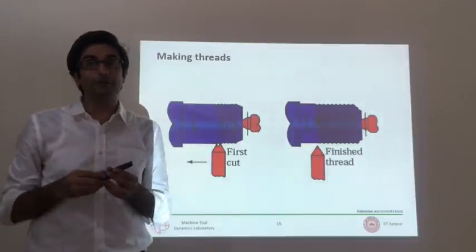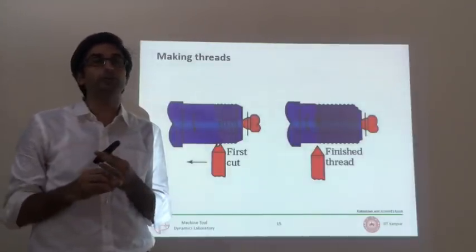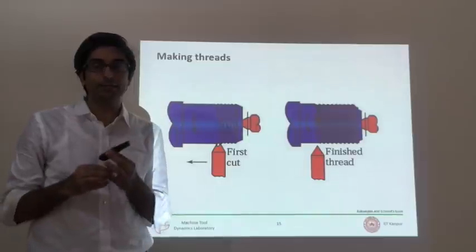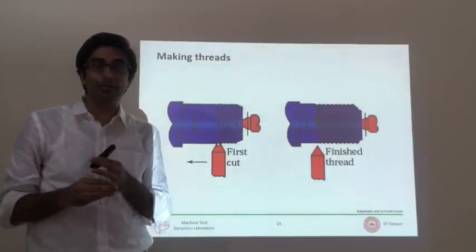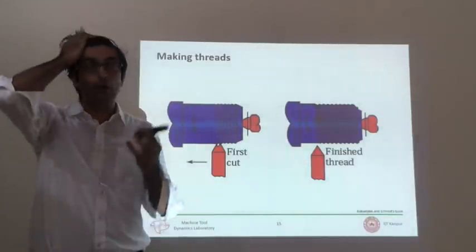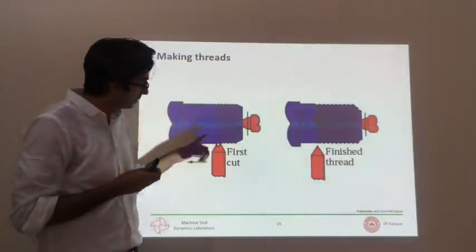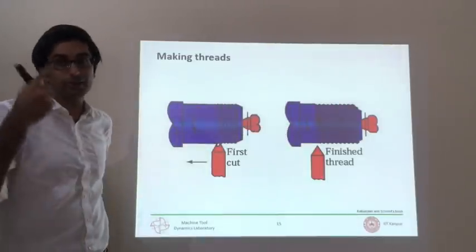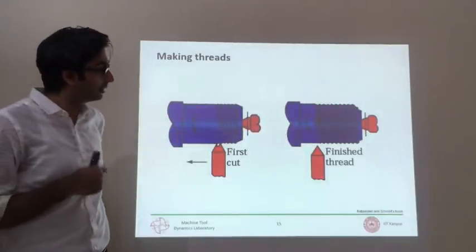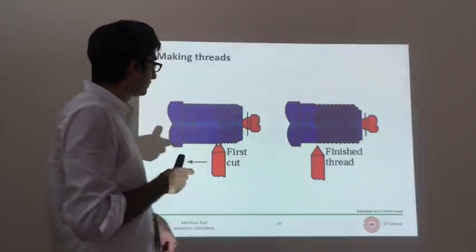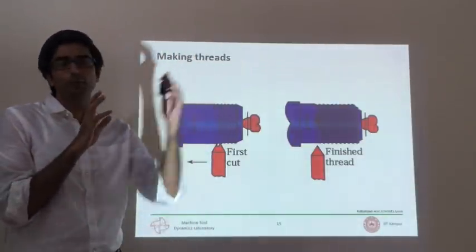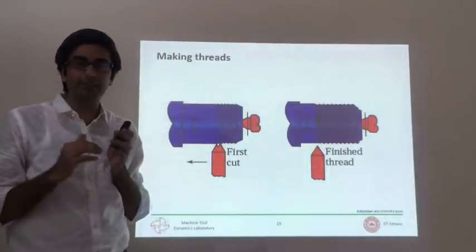This is one way. This is what is nice and useful if you have fewer parts, which is typically what you make in your lab work, in your project work. Only one part which needs threads on it, and each has a different pitch. So that is what we prefer to do. This is also something you would do on your own if you were here and taking this course in the lab. So this is just an overview of what all is possible on this turning machine.